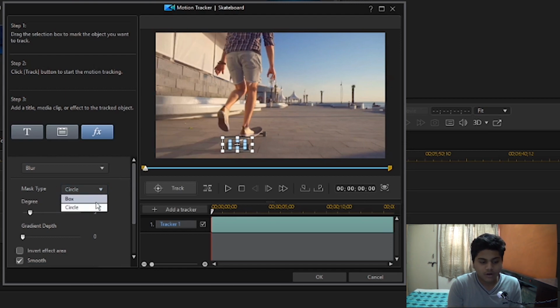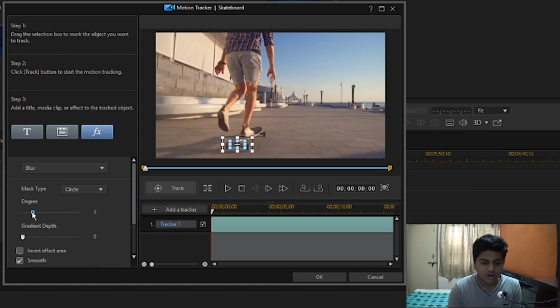But if you want just a simple box, then just click box. I am taking circle because it just looks nice. And even if you want to blur any faces, you need to use circle, because our faces are round, they are not square shaped like aliens. So just click circle.